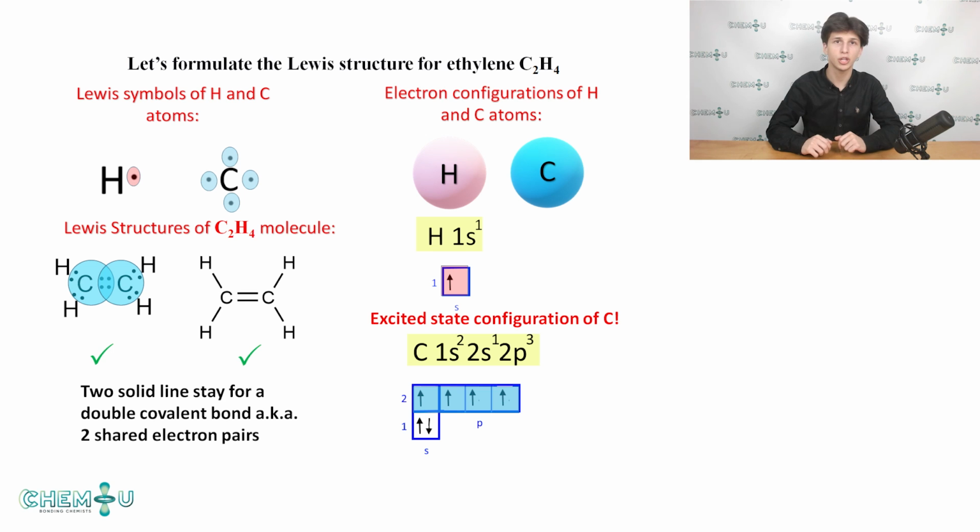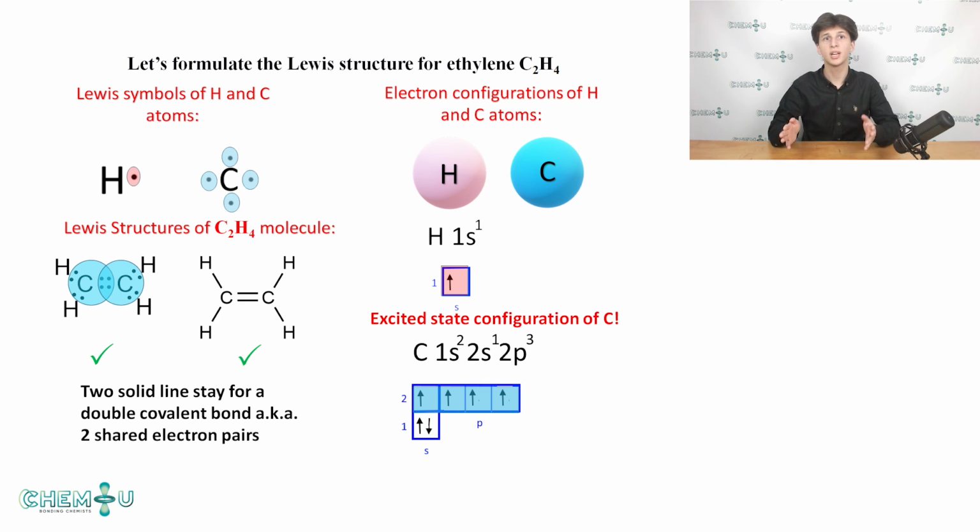Now the electron configurations of carbon and hydrogen atoms are shown on the screen. If the carbon atom is in the excited state, we can get this electron configuration, where the carbon atom has 4 unpaired electrons. They are highlighted in blue in the Lewis symbol and electron configuration. So the Lewis symbols of these atoms are quite trivial and are shown on the left-hand side right now. Finally, we get our Lewis structure of ethylene, which is located at the bottom. It is obvious that both carbons are surrounded by 8 electrons each in total, meaning that the octet rule is followed properly. The highlights should help you to follow the electron counting.